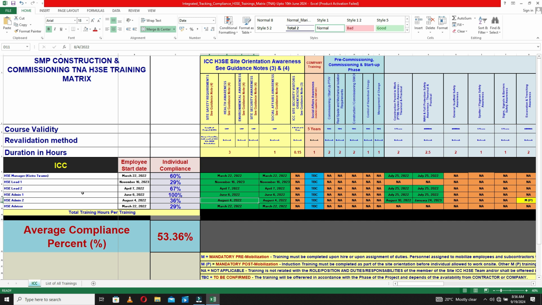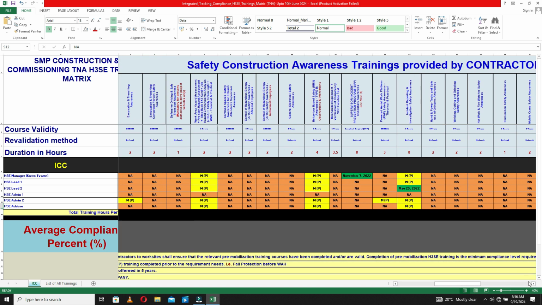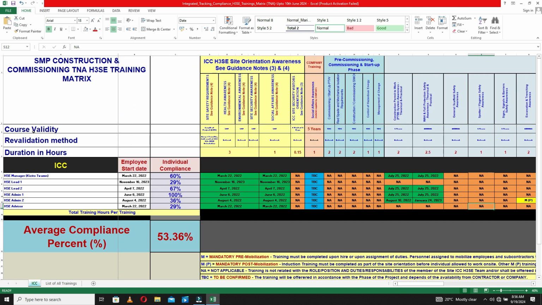Then I think tomorrow, in our next video, we can look at capturing the training hours, because you have durations. So this training is 3 hours, and we can capture all these hours here. Then we can also look at the course validity, like for example 5 years, 6 years. We can insert a condition that if this training was done